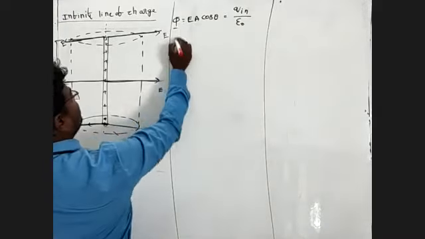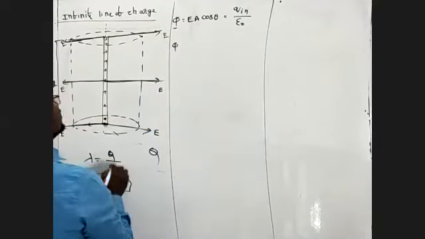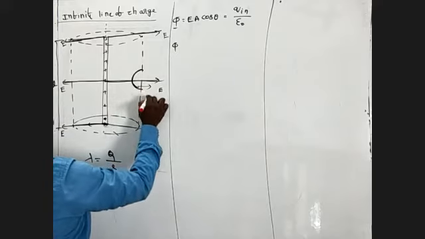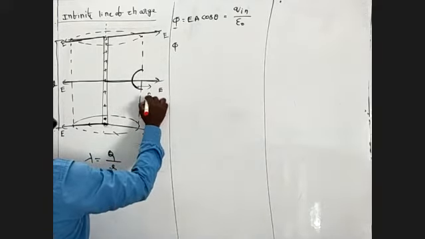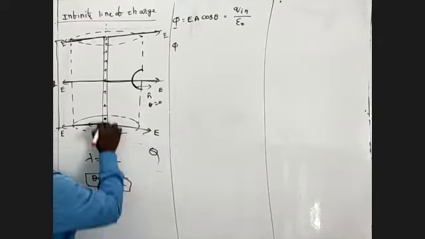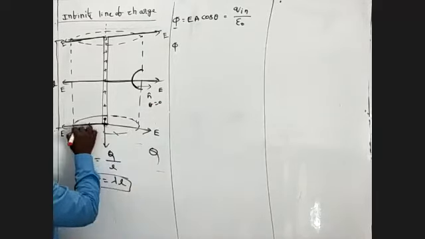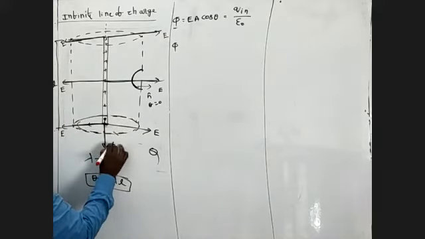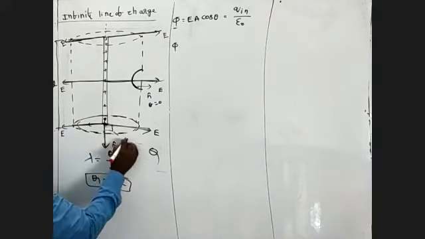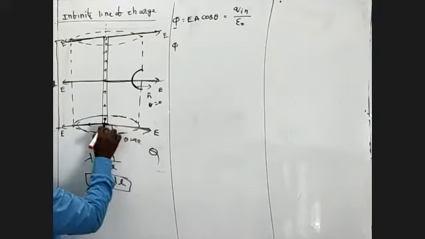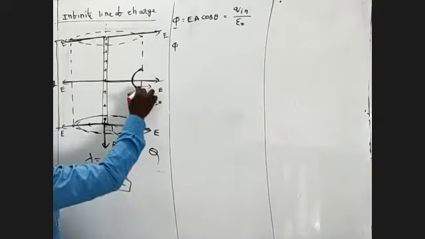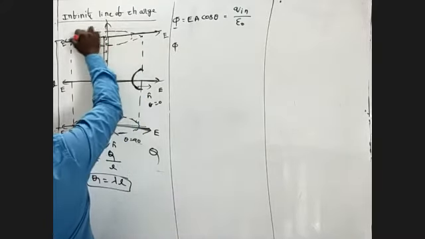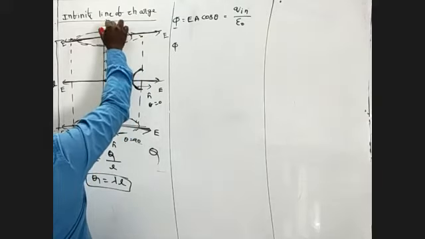So first we calculate the electric flux. First, this is a curved surface, and this is the n cap. The angle between n cap and E is 0 degrees. This is a circle, and this is the n cap, and this is E bar. The angle here is 90 degrees. We call this a flat surface. This is the area.